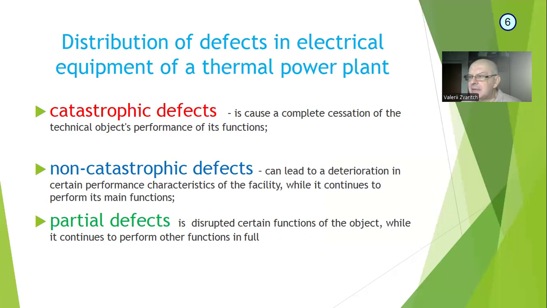Therefore, when a diagnostic system is developed, it is necessary to determine which elements of the object to be diagnosed are critical for its proper functioning and which are less critical. It is advisable to divide all possible defects in a given object into three classes: catastrophic defects, non-catastrophic defects, and partial defects, from the point of view of optimizing the complexity of the diagnostic system. A method of resilience estimation of actual electric drives of a power plant was applied.